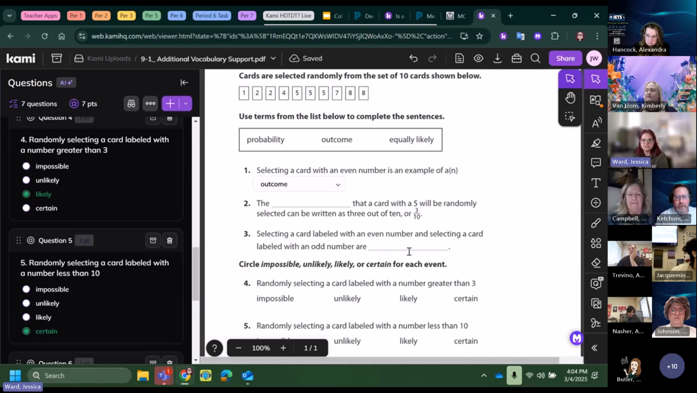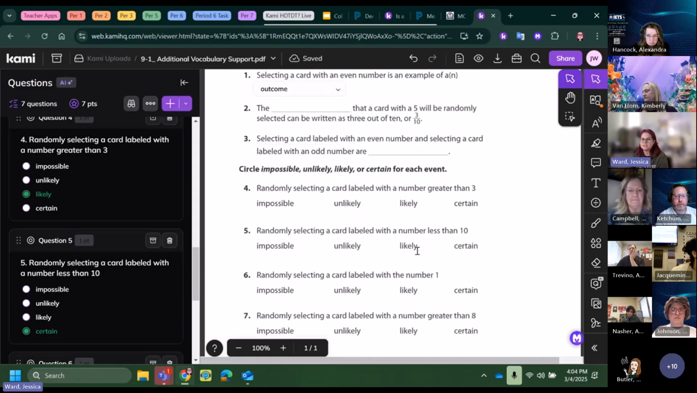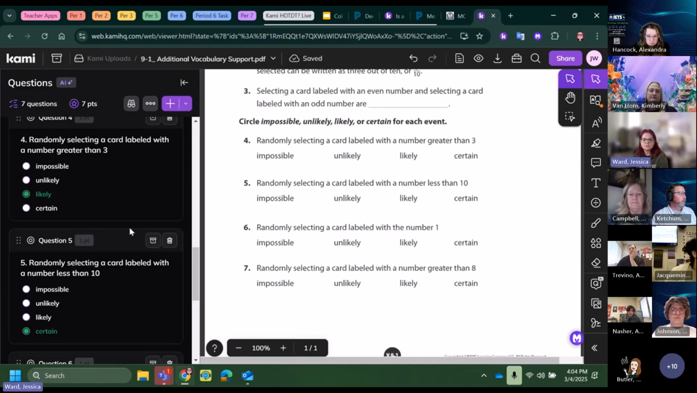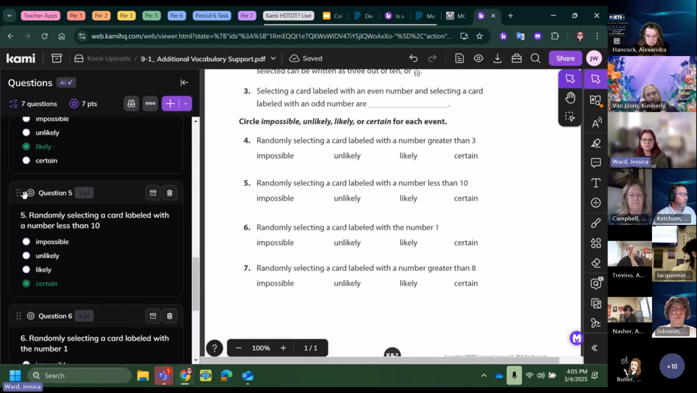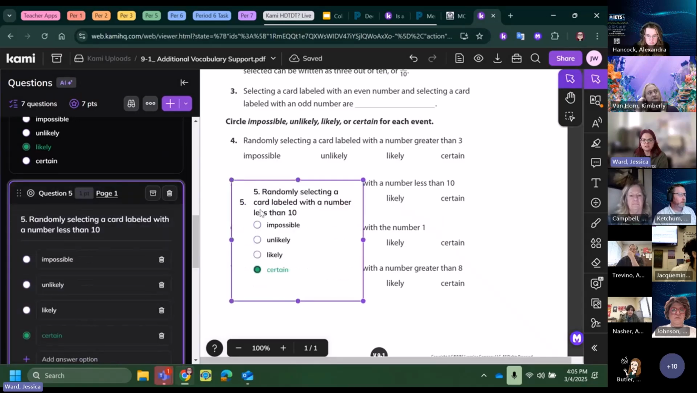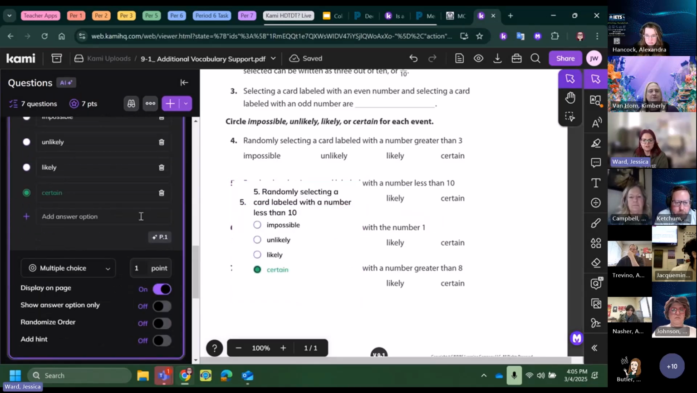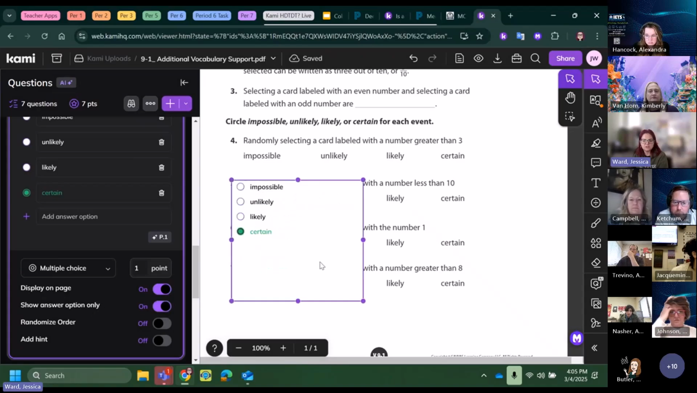I want to make sure we get into the data part though, because that is amazing. So I'm just going to go through and say one of these that's multiple choice. Let me drag number 5 over. So I scroll down. I've got it display on page, show answer option only, which is what I like to